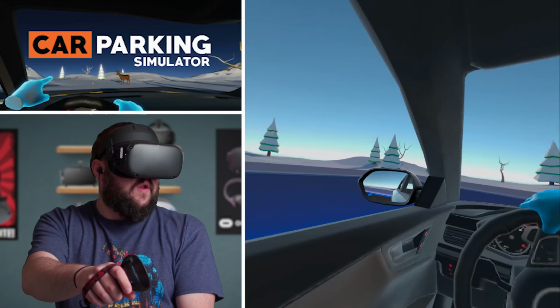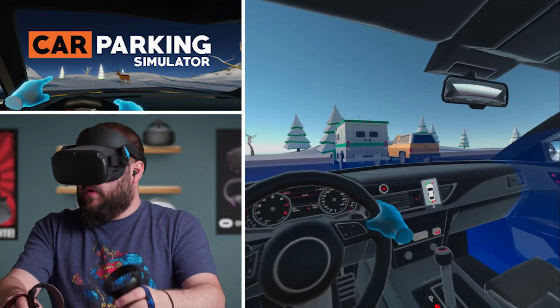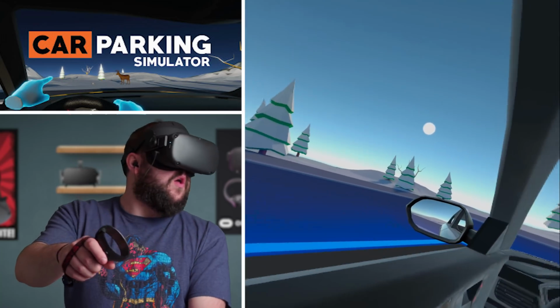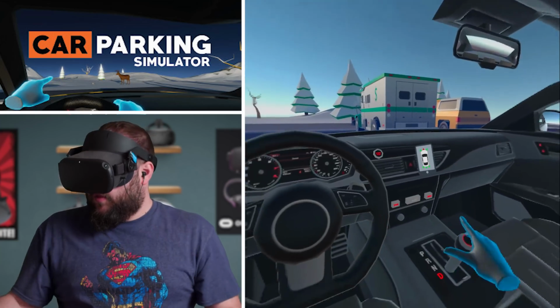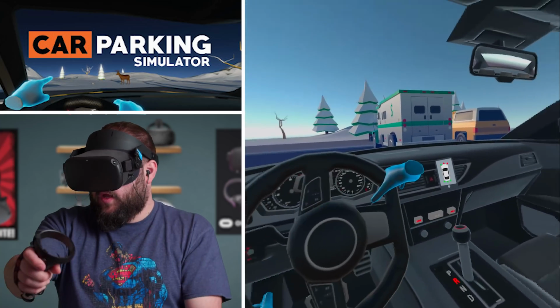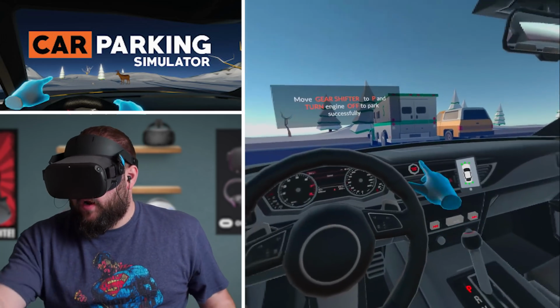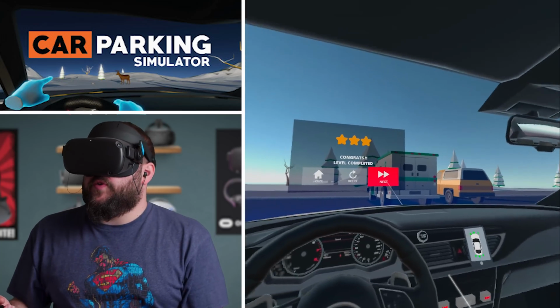Am I kind of in the right spot? Sort of. Alright, let's move it ahead a little bit. Oh, it's because I'm over to the right a little bit too much. Back her up a little bit. There we go. Should be good right there. 3 stars. Yeah, I'm wondering if each vehicle is a different